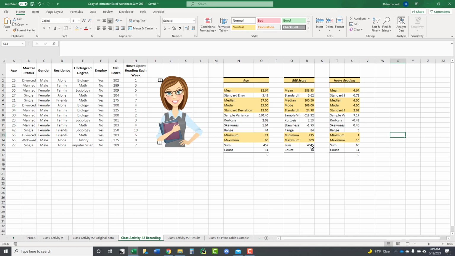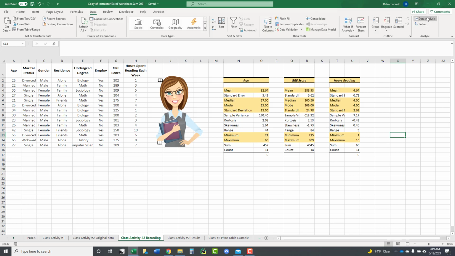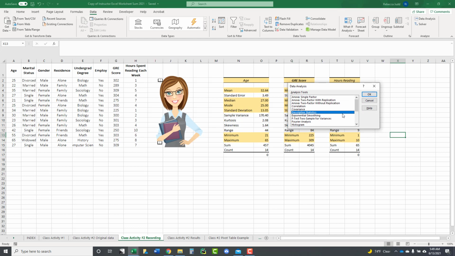That right there is the descriptive analysis for all the data that I have that is interval ratio level. Fairly easy to do in Excel. You just use your data analysis, and you use your descriptive statistics. Okay? So now